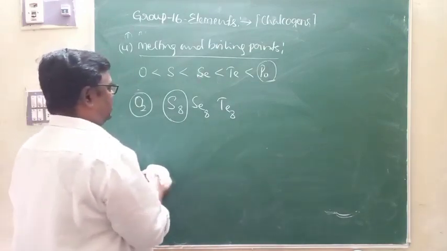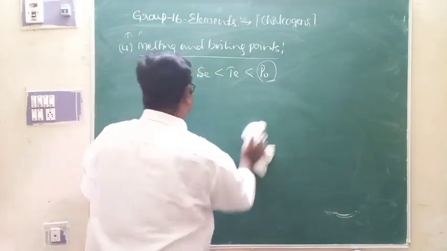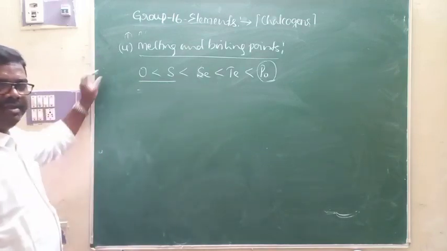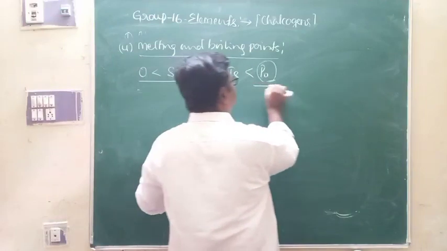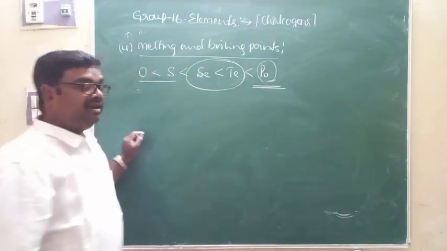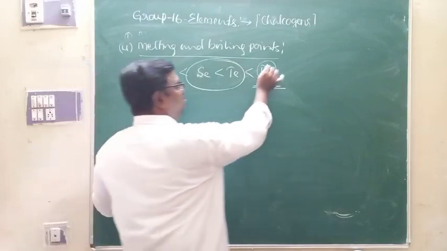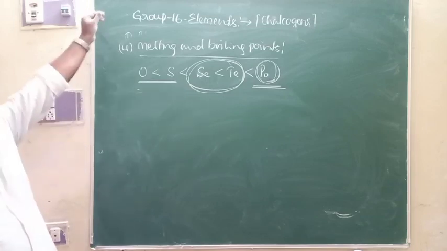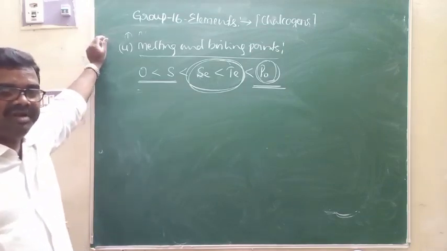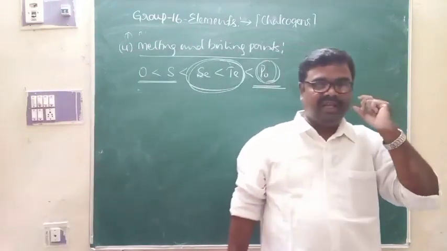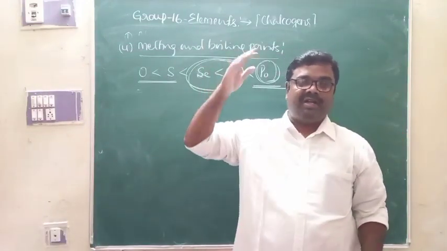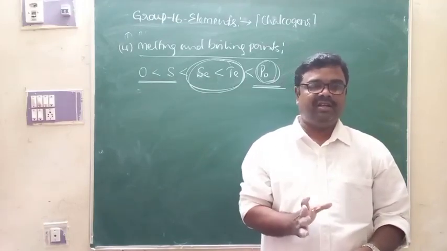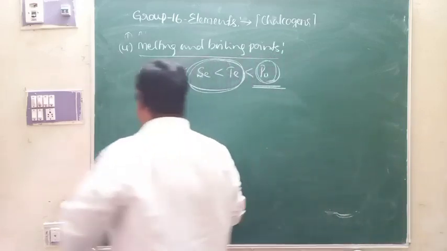Apart from that, if it comes to the physical state, that is metallic and non-metallic property, in the p block, every group begins with non-metals, ends with metals, passes through metalloids. Here oxygen and sulfur are non-metals, polonium is a metal, selenium and tellurium are metalloids, and that variation is highly dominant in the case of p block elements. It is one of the blocks where variation of metallic to non-metallic property through metalloids is highly dominant, perfectly varied. That variation is found in the case of this group.